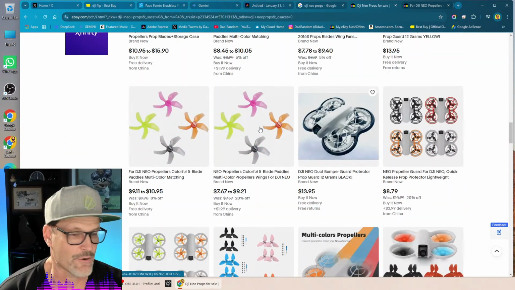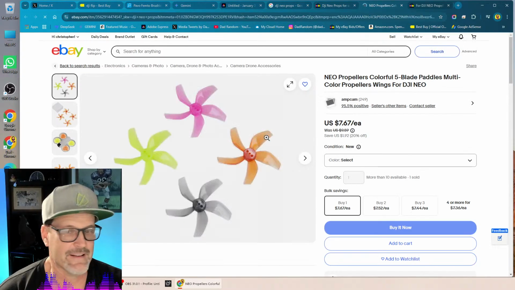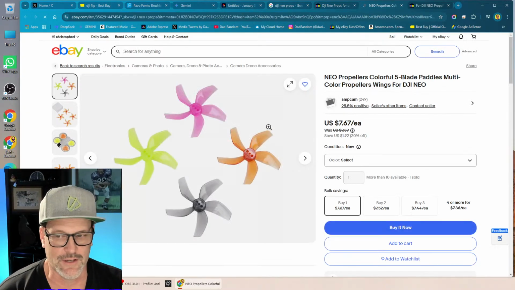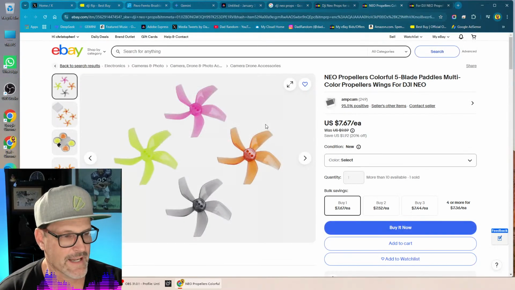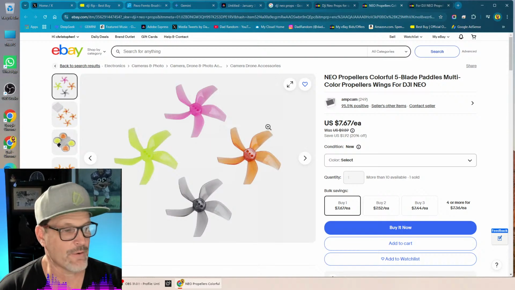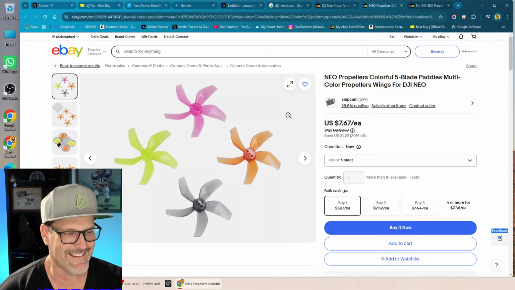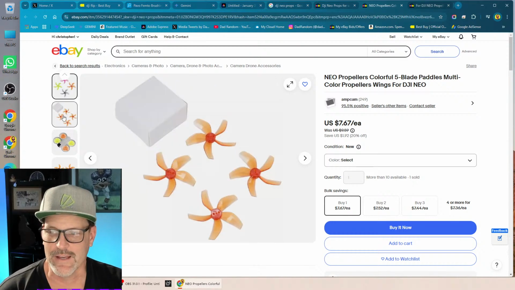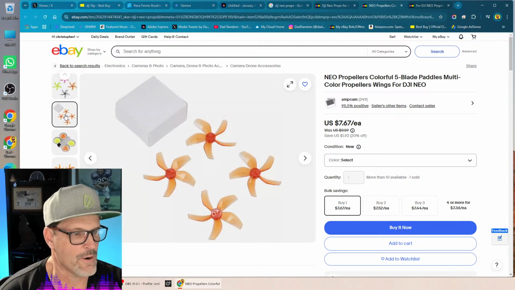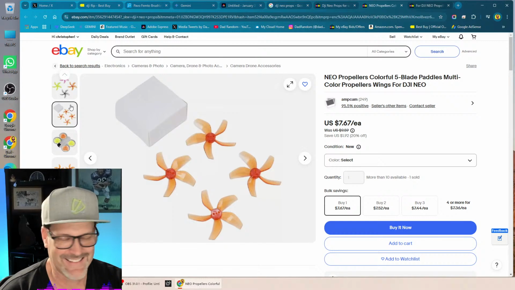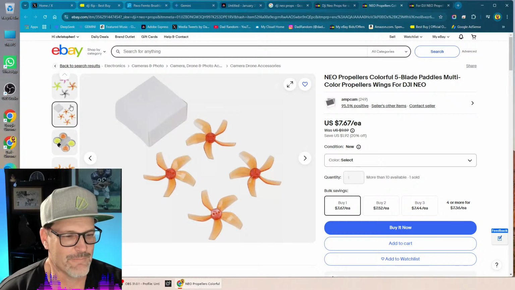You freaking need that, you guys. Look at that. That's a clown show right there. Guys, that's a freaking clown show. You do not fly a drone looking like that. I will laugh you out of the freaking drone group if you do that, okay? You either go orange or go home. Go orange or go home.